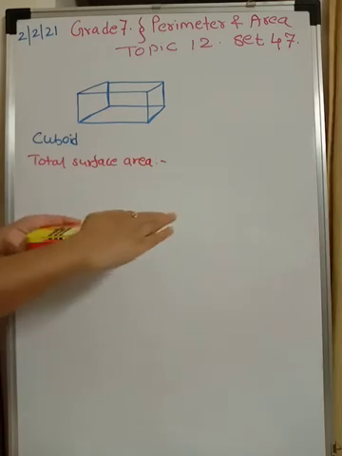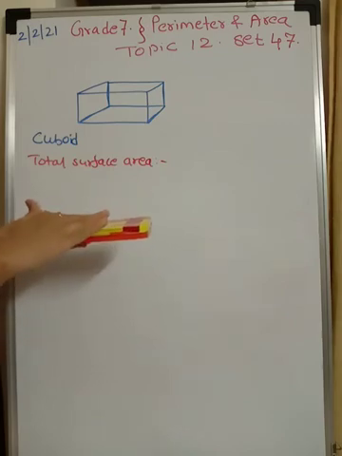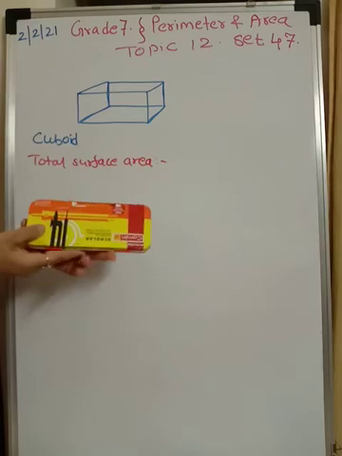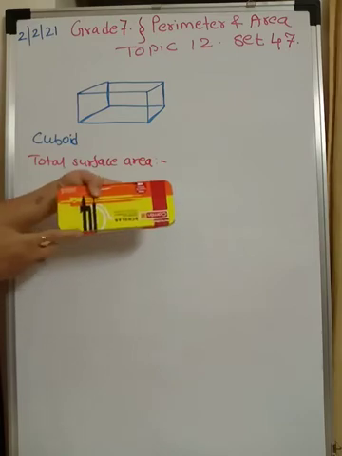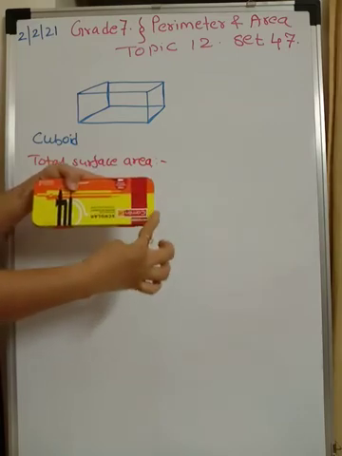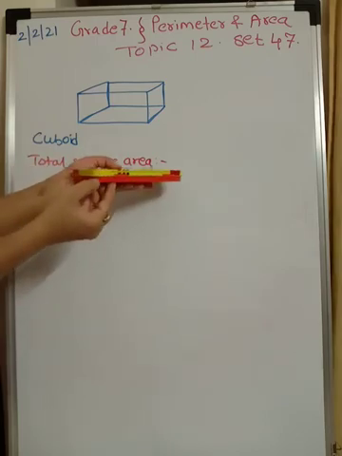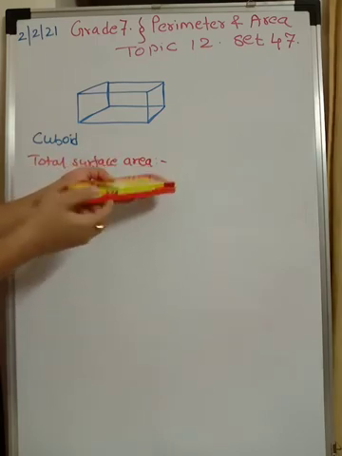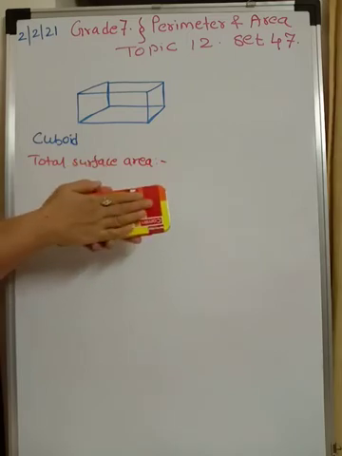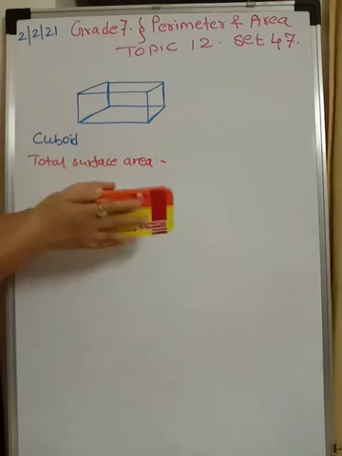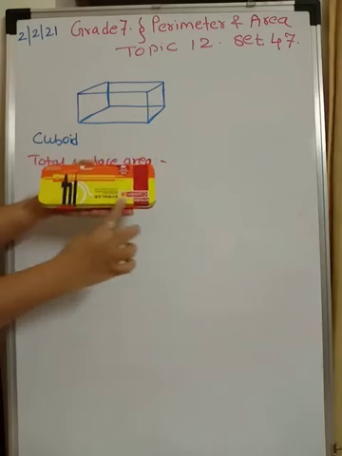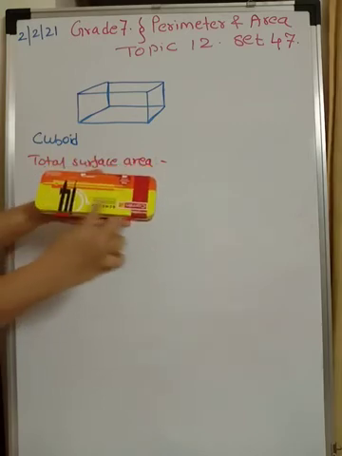So let us check first what are the surface areas of each face. Now for a rectangle, if I hold it in this way, this is your length and this is your breadth. And if I tilt it in this way, in the 3D figure, this is the height. So if I wish to find the area of this face and this face, it will be the same. It will be length into breadth. That is the area of the rectangle.